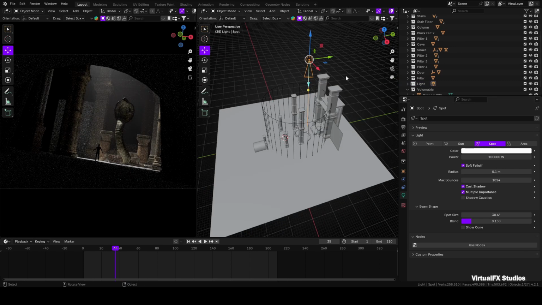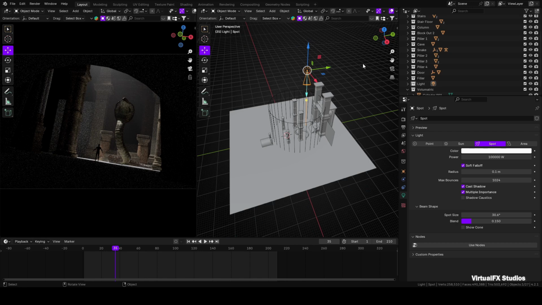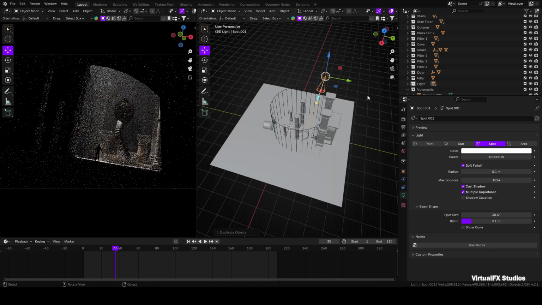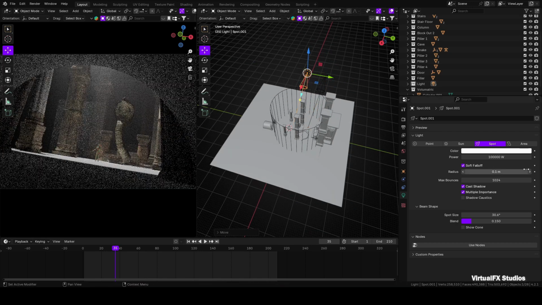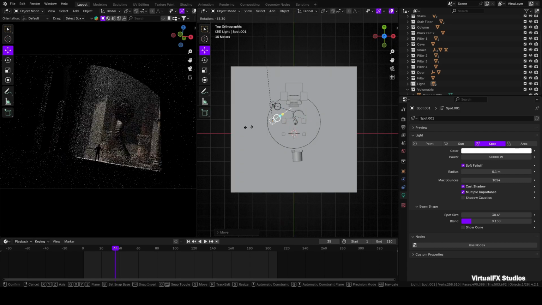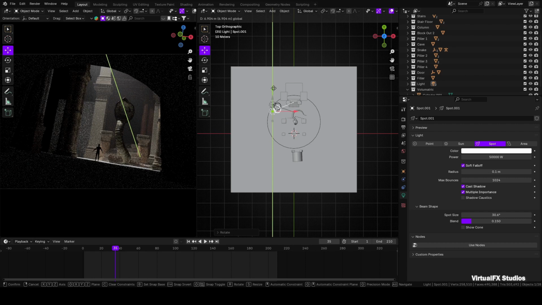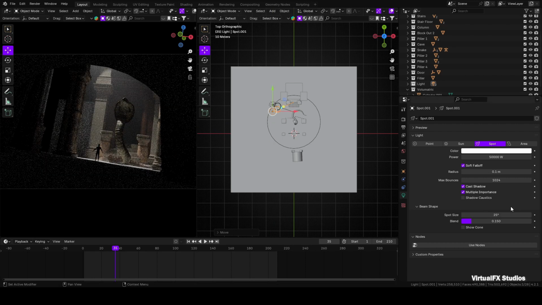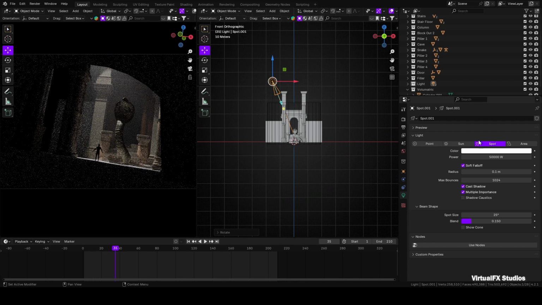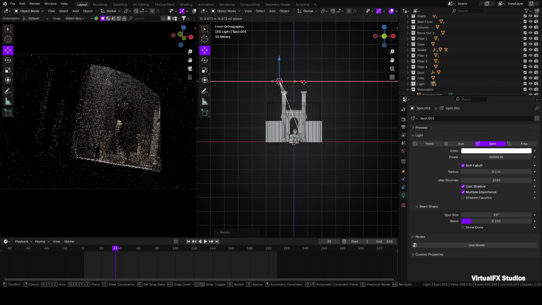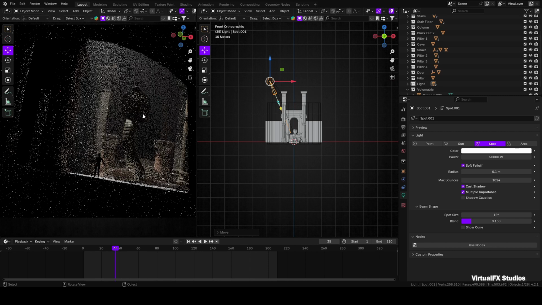Now you need to increase the light power because the scene won't look as good with low light power. Also, don't just use one light in the scene. You can use multiple lights. For instance, place one spotlight at the back, then duplicate it and position another spotlight above the snake. You can add another spotlight above the pillars as well. Wherever you feel light is necessary, simply add a light to highlight those areas. It's that easy.